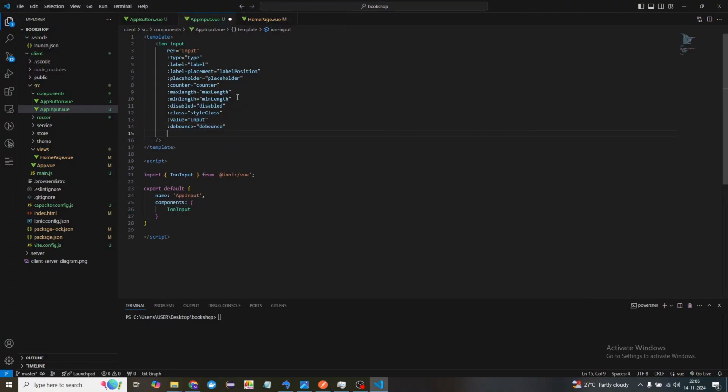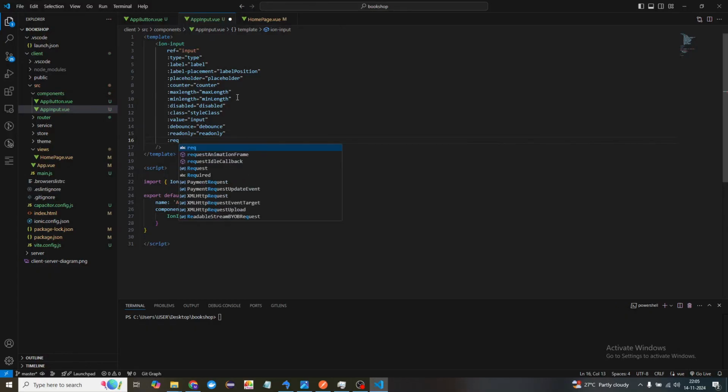So I'm going to use debounce as well, so that I can show you what exactly it is and how it is working. Then after debounce, I need readonly as well, so that we can make this input read only. We won't be able to enter any input in the readonly condition. Then of course we need required as well if we are going to use this input inside a form element. If this input is required, then only the form element should be submitted and the respective action triggered; otherwise we say you need to fill this input, otherwise you can't submit that form. So here I'm going to add required,